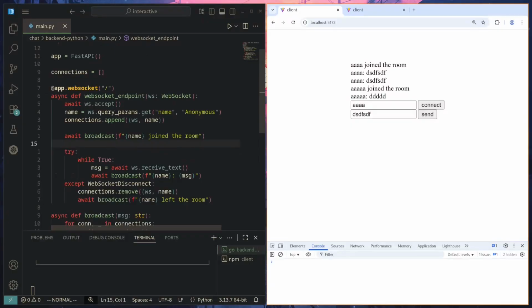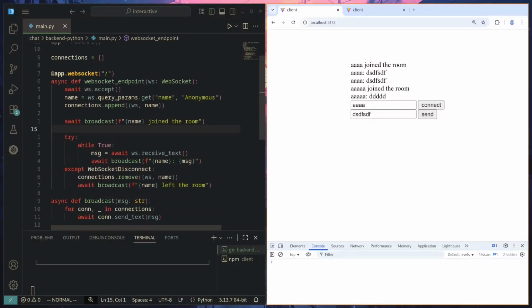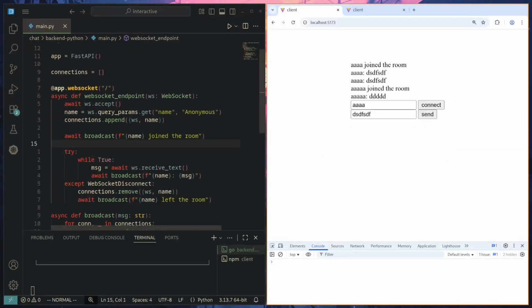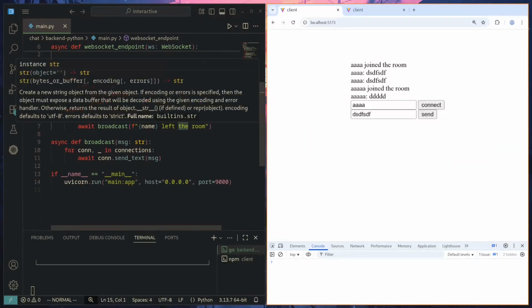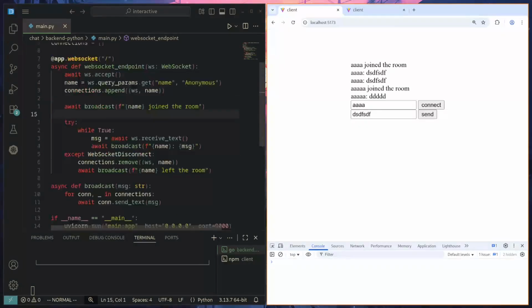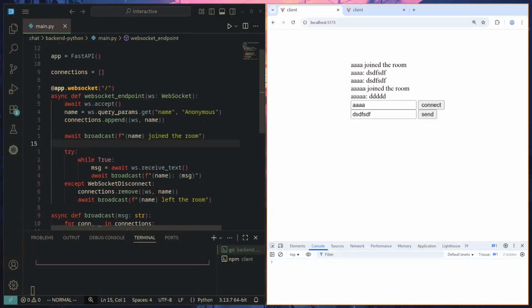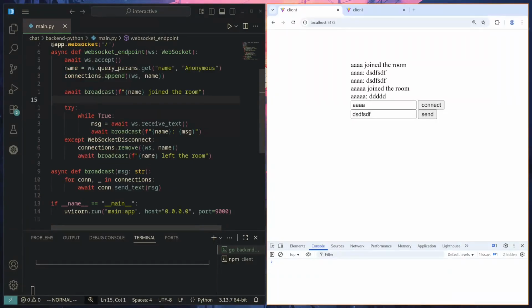And just for reference, here we have another little flavor in Python that does exactly the same thing, just using the FastAPI module. Also super straightforward. So like I mentioned, WebSockets are quite ubiquitous. There is lots of support available for them. So whatever backend language or framework you wish to use, it's most likely the case that there is WebSocket